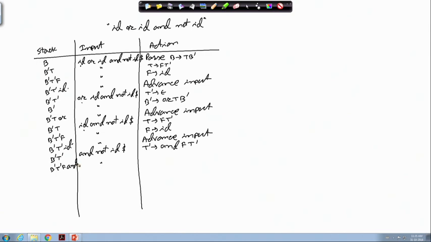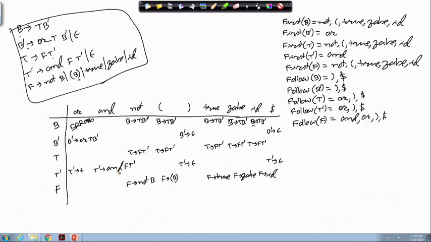Again these two ANDs match, so we have to advance input. So it becomes B dash T dash F and then this AND has been consumed. So it is not ID dollar. Now, F, not says you go by F producing not B.